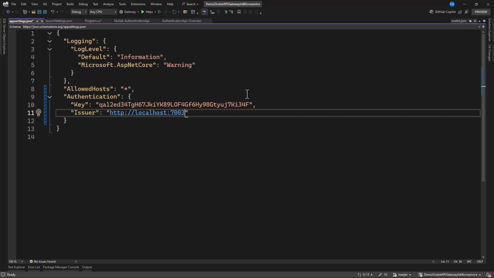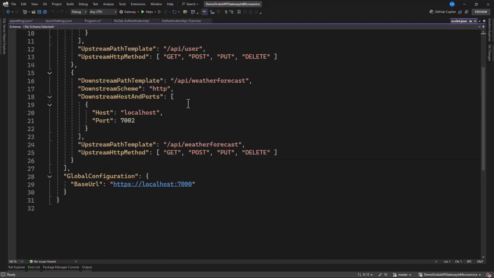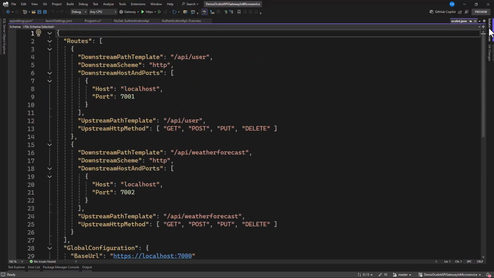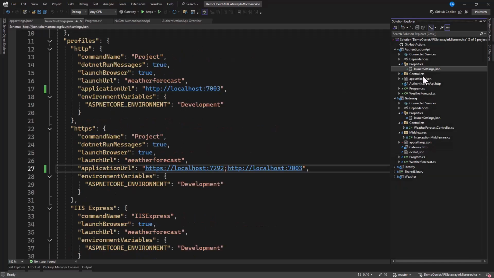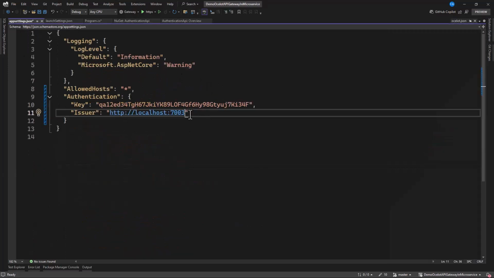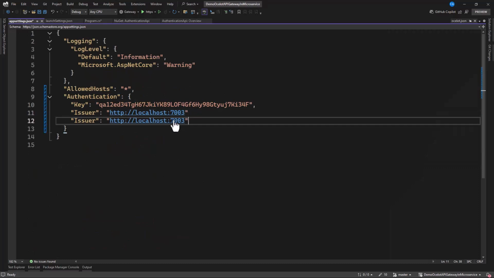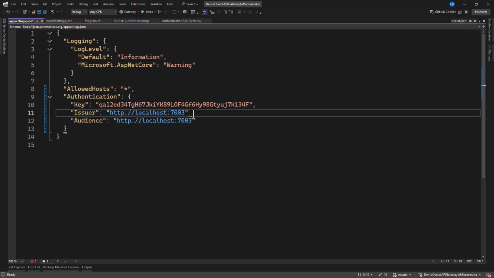When you cross-check from the Ocelot, we have 7003, so it means the authentication API will be 7003. Check the launch settings for the HTTP, it is 7003. Great. Then let's have the audience. So we can make a copy of this, and I'll set this to audience, and it is the same.